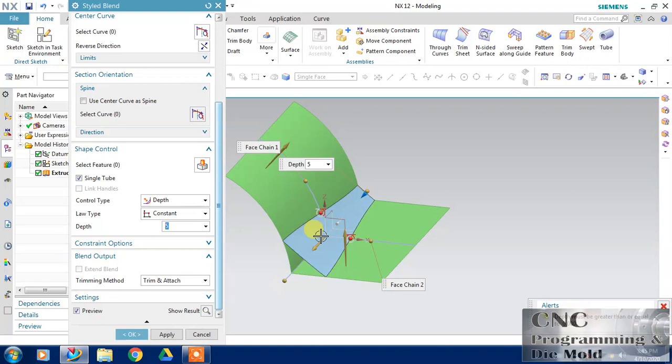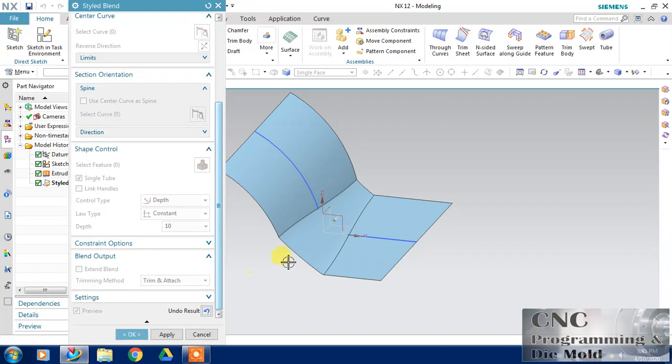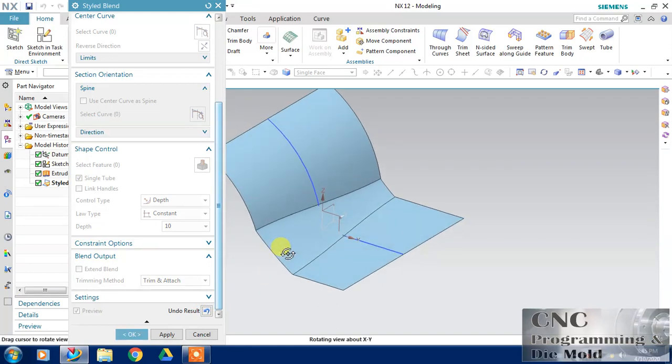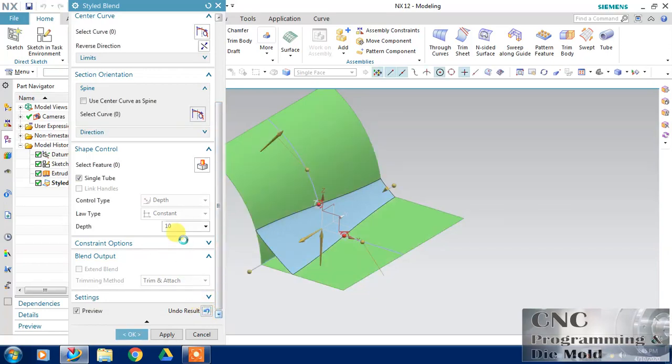I need one more curve on this second surface, so I will use curve and curve on surface, like the surface and start point. Click. This is my second curve, and click OK. Now my limiting curve is defined.